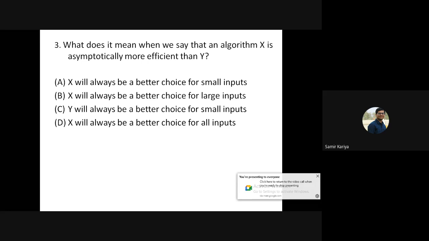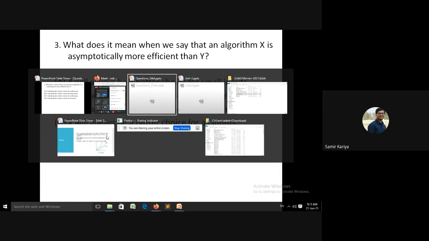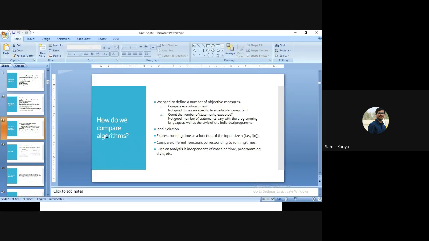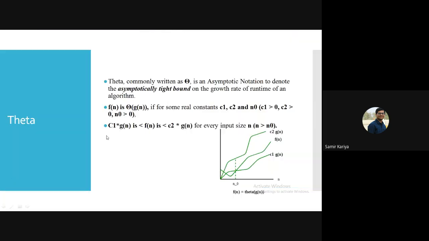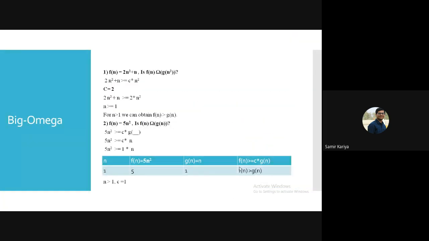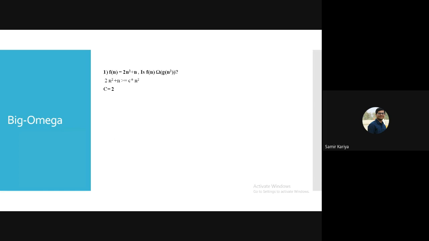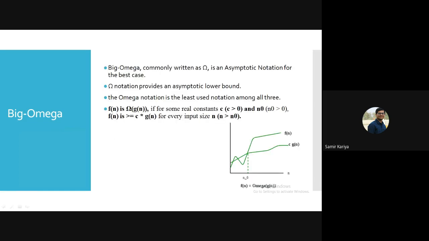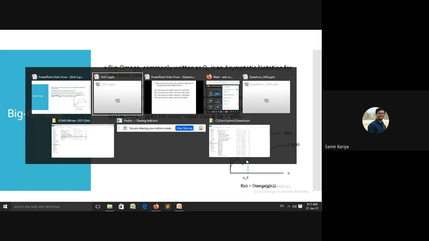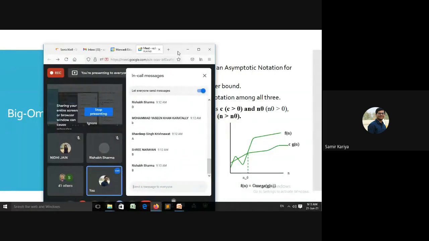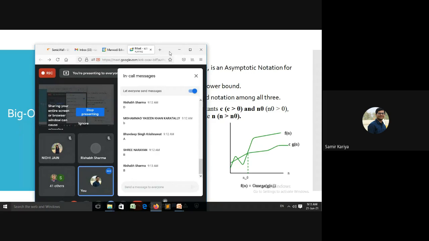Let me show one graph. What is the meaning of this graph? That is theta. Let's discuss a simpler one, big omega. What is the meaning of this one? Can anyone explain to me? Less than n0. What is the meaning of your graph less than n0? Yes, Srinarayan, and I think option B was correct, but I am not sure about the options. Just give me the answer for this question, all of you. What is the meaning of this graph? Less than n0.